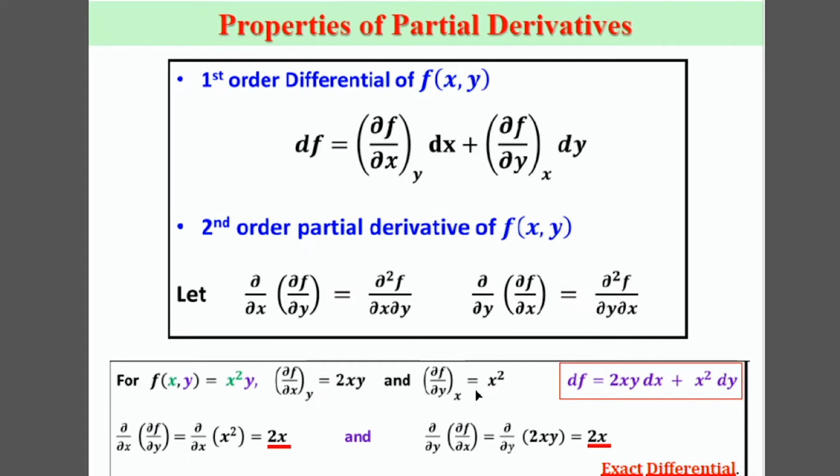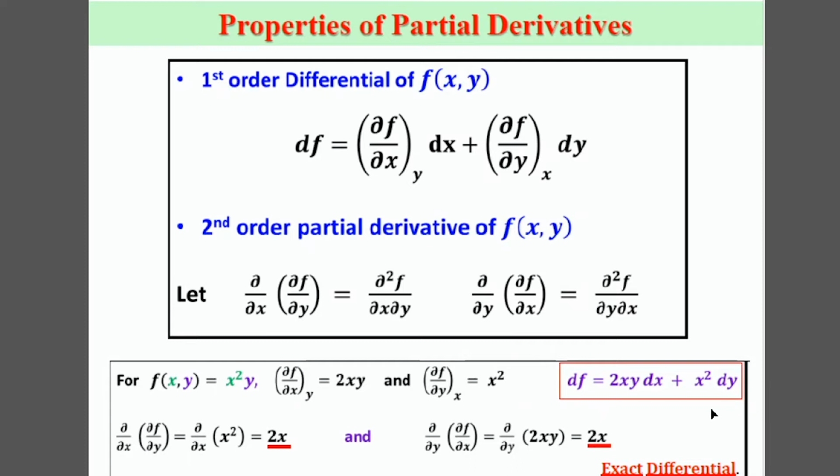So the total differential can be represented as the first differential with dx, plus the first differential of the second variable with dy. So if I have this as the function, then what will be the total differential? The total differential will be 2xy dx plus x square dy,